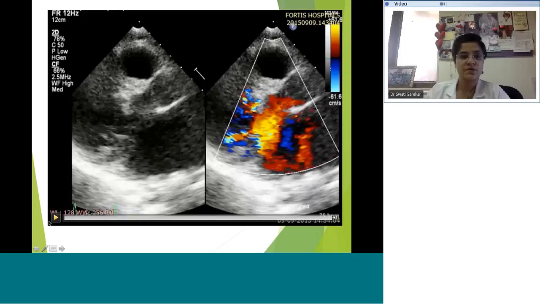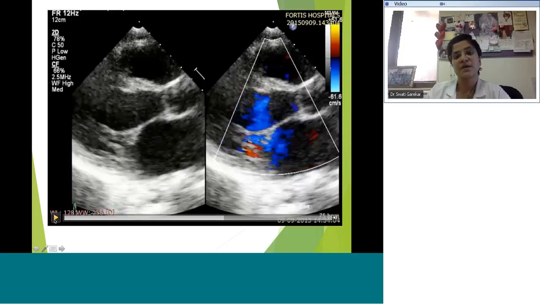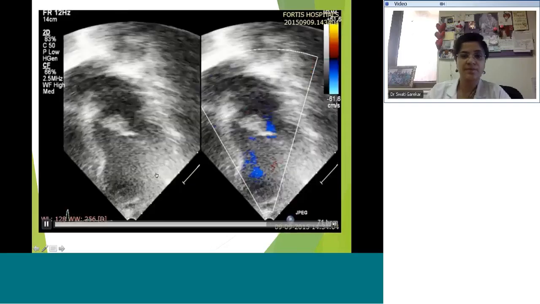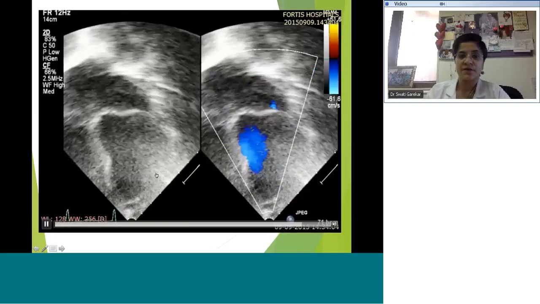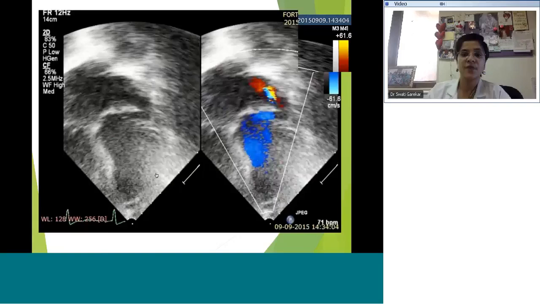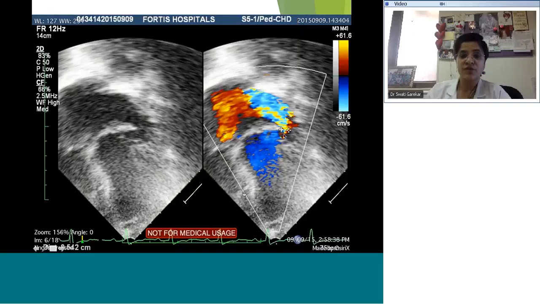Okay. So here's the color jet, showing the jet which is posteriorly directed, very typical. And here it is in the apical four-chamber view. Not a whole lot of regurgitation. We're eyeballing it, looking at the area, looking at the vena contracta, which is the narrowest diameter of the jet